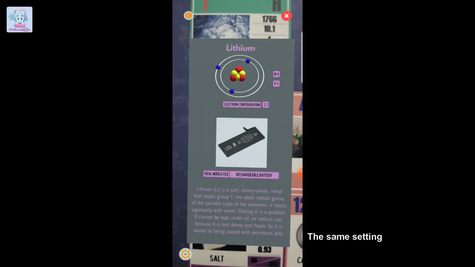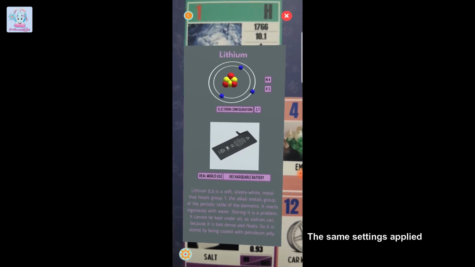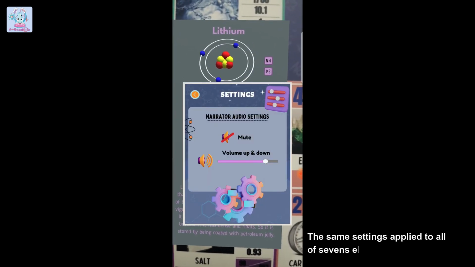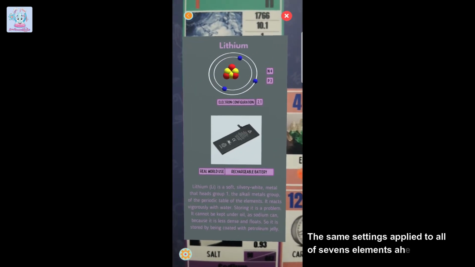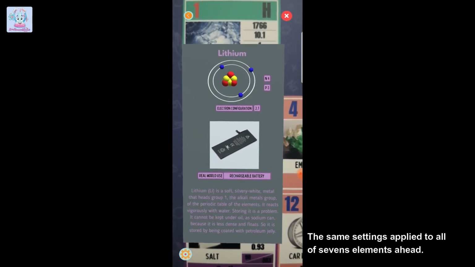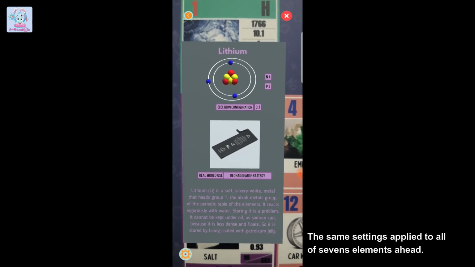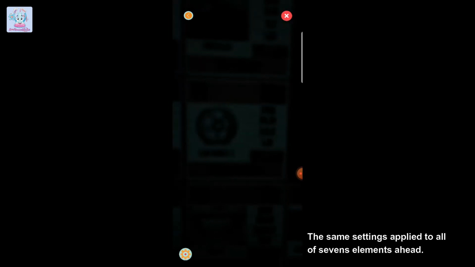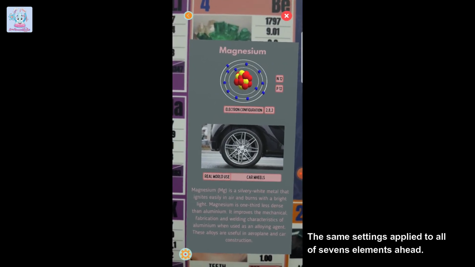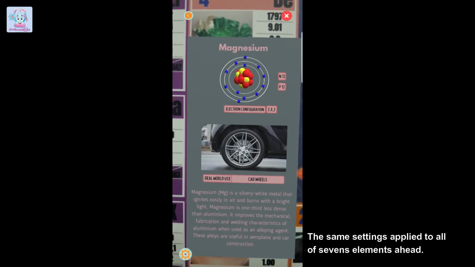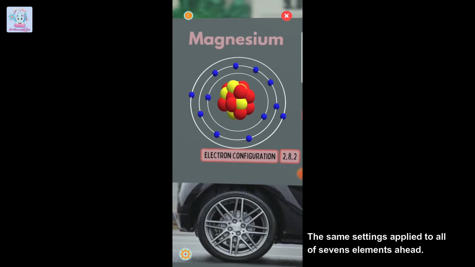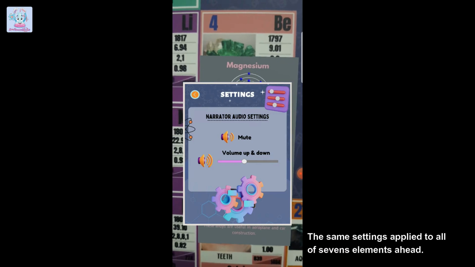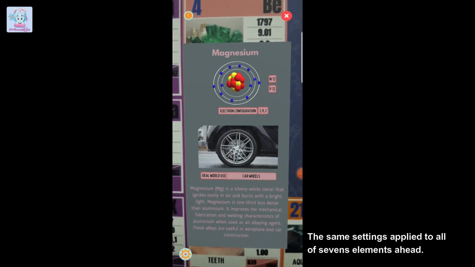Lithium. The name derives from the Latin lithos for stone because lithium was thought to exist only in minerals at the time. It was discovered by the Swedish mineralogist Johann August Arfwedson in 1818. Magnesium. The name derives from Magnesia, a district in northeastern region of Greece called Thessalia. The Scottish chemist Joseph Black recognized it as a separate element in